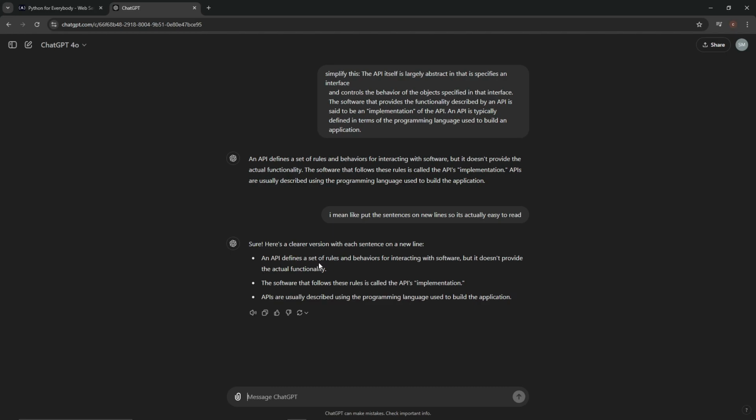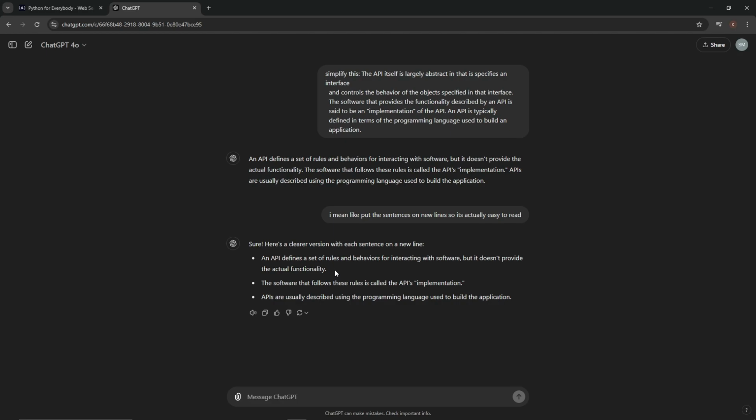An API defines a set of rules and behaviors for interacting with software, but it doesn't provide actual functionality. It just makes rules, a set of rules for interacting with software.